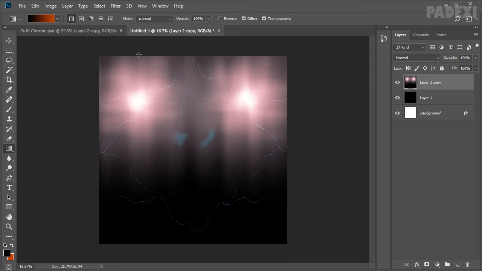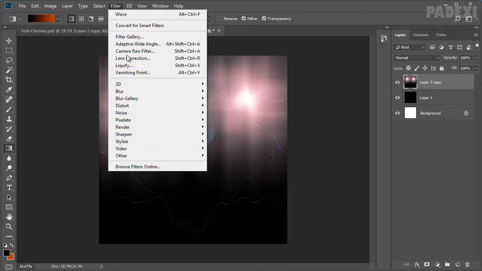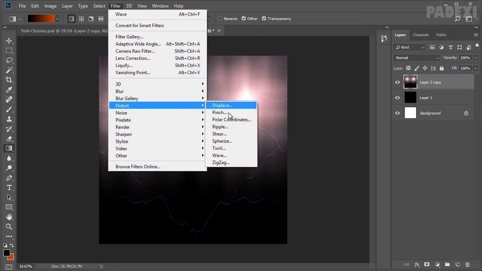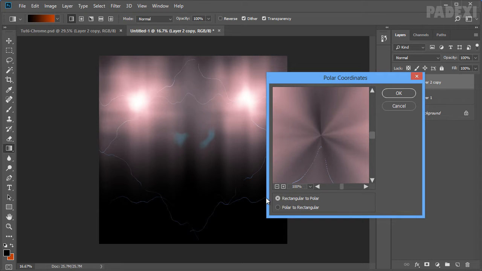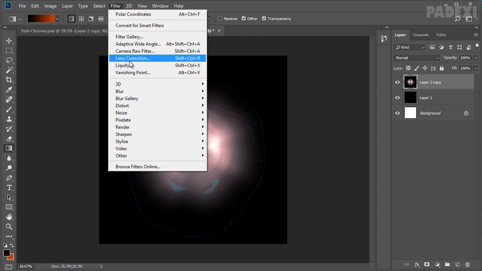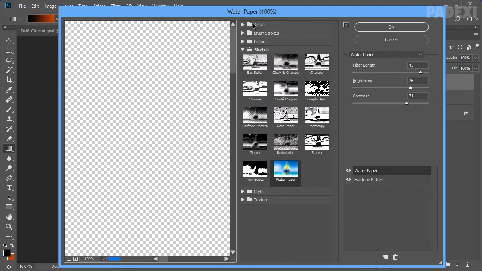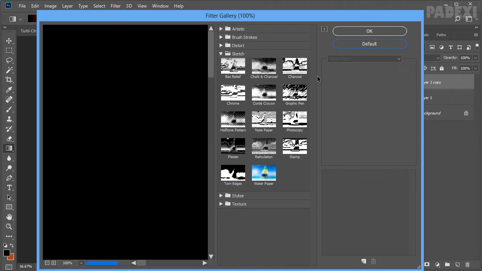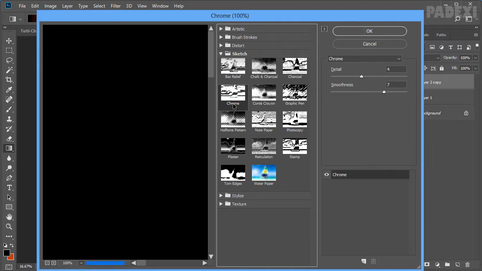Now we need to apply polar coordinates filter. So go to distort, polar coordinates. Make sure the rectangular to polar attribute is selected here and click OK. Now we need to apply the chrome filter. For that we need to go to filter, filter gallery, and then under sketch we have chrome.